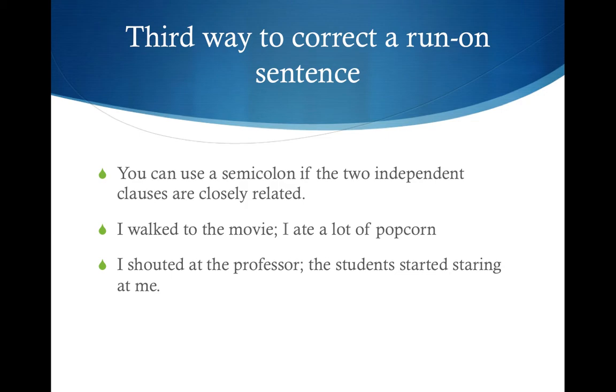Since the two independent clauses are closely related, when you go to a movie, you're usually going to eat popcorn, so in a sense these two sentences are closely related and you can use a semicolon to correct the run-on sentence. Again, the next one: I shouted at the professor; the students started staring at me. Again, a semicolon is separating those two independent clauses. So that's another way you can correct the sentence. All right, so